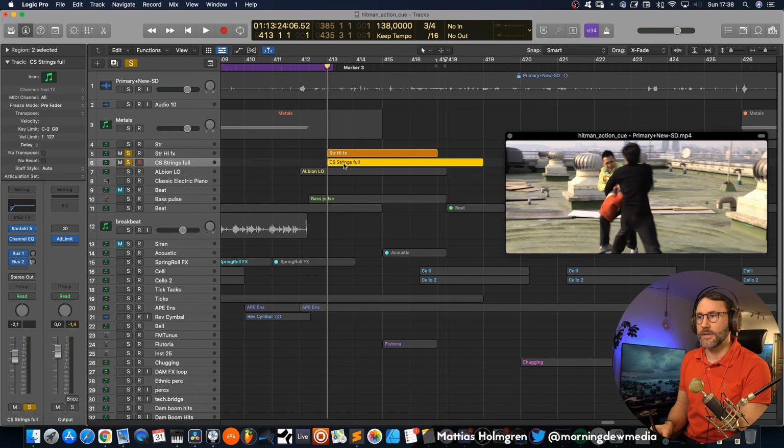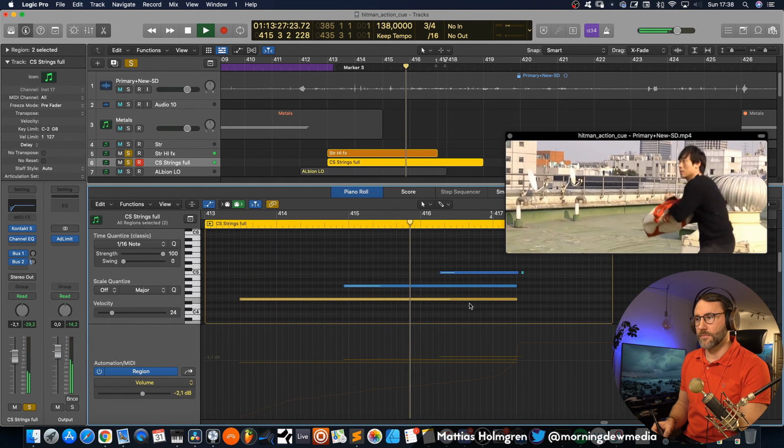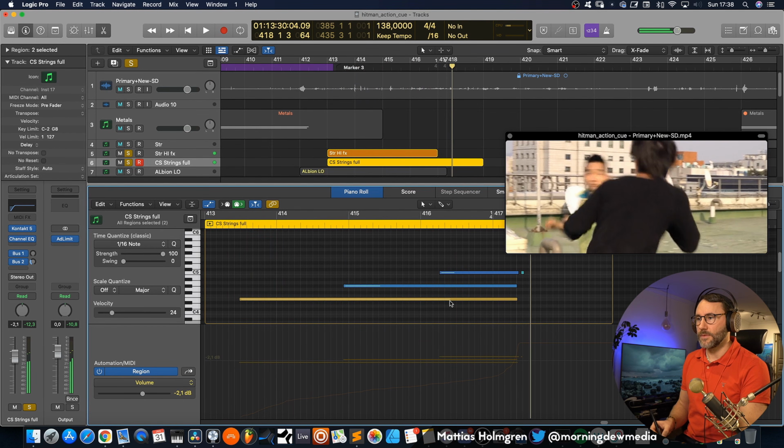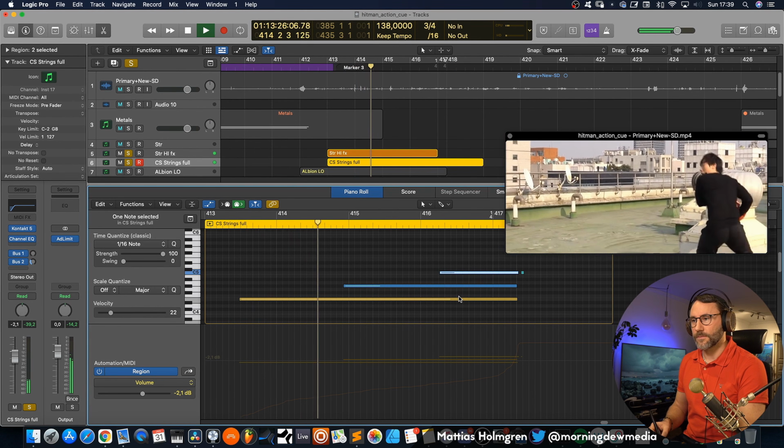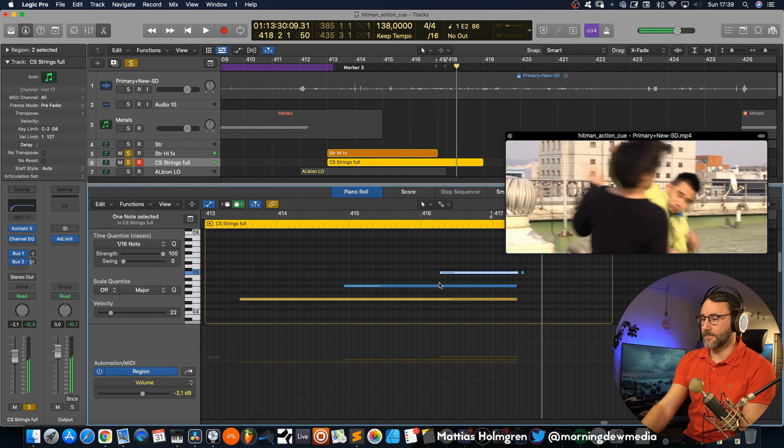And we also have some cinematic strings playing this chord, we have E, the major third, which is the G sharp, and then we have the C, which is the +5. So that also gives you this suspenseful sound.